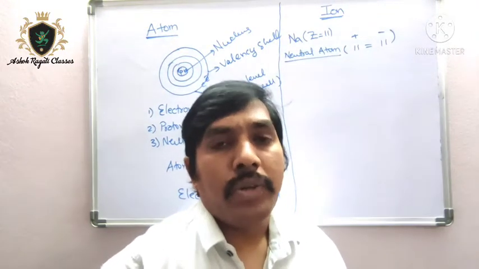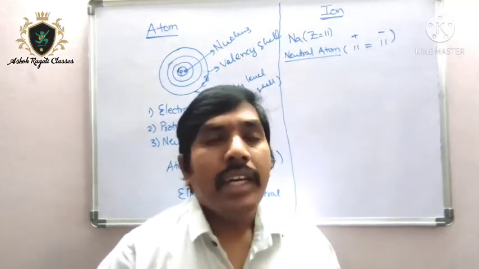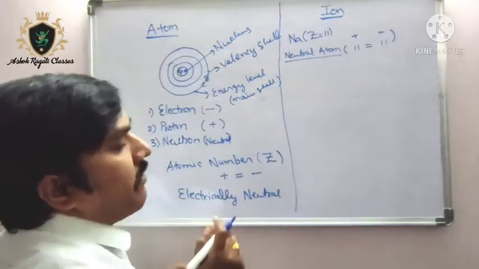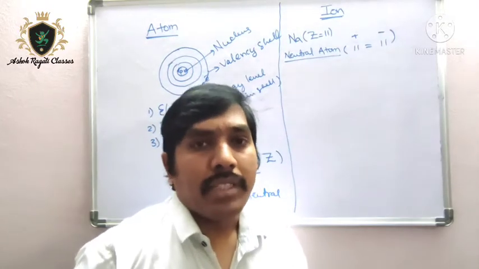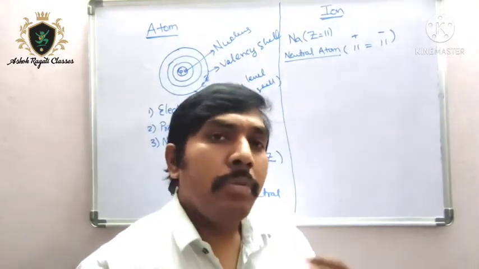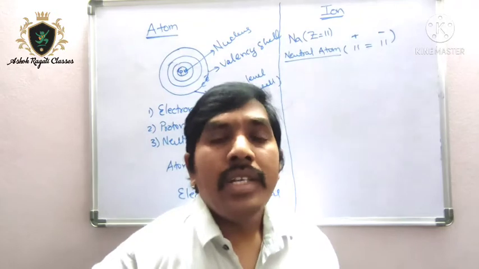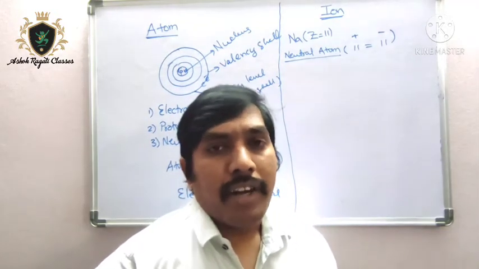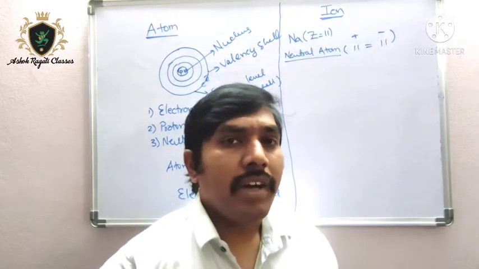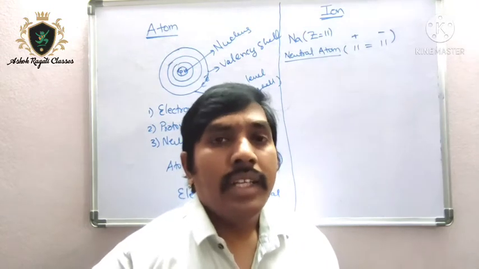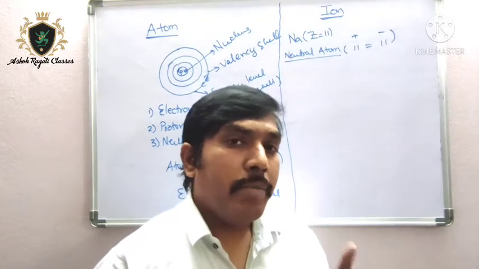atoms always try to gain electrons or try to lose electrons. Okay. They will get stability if and only if the valence shell is filled with 8 electrons, then the atom will get stability. So all atoms try to become stable by acquiring the 8 electron configuration in the outermost shell. Metals have a small number of electrons in the outermost shell, so they are far from 8 electrons. That's why they try to lose whatever excess electrons are there in the outermost shell. While losing or while gaining, an atom becomes an ion.